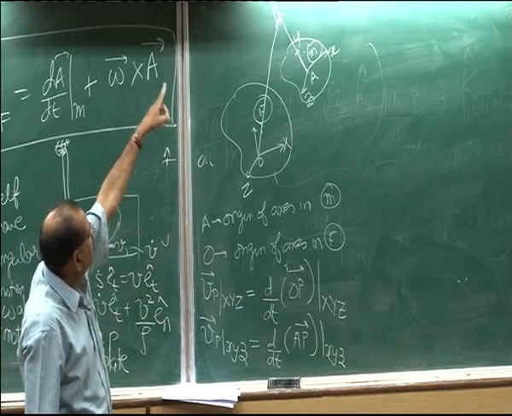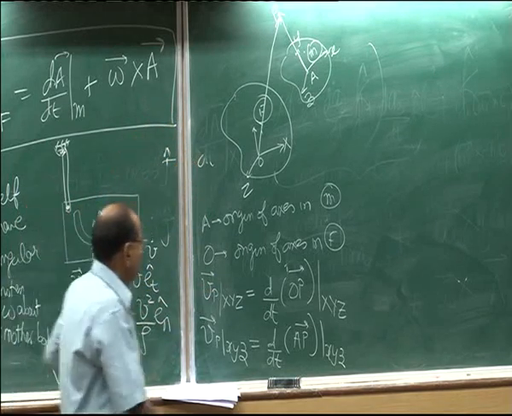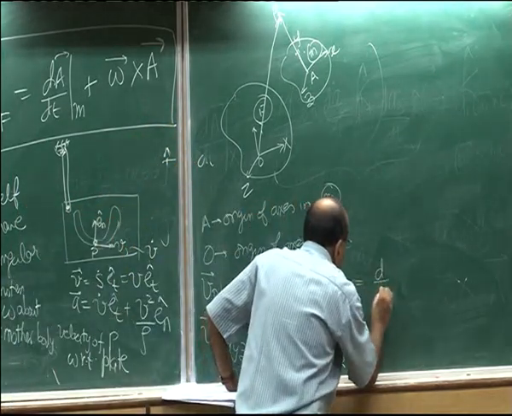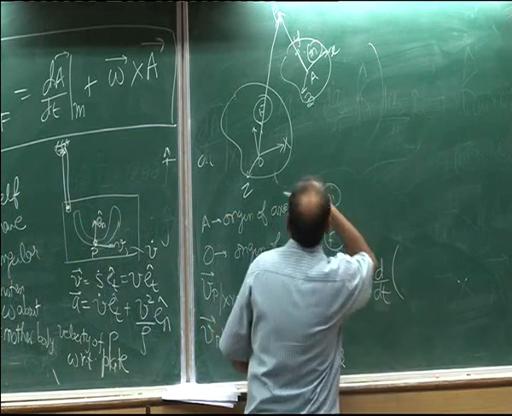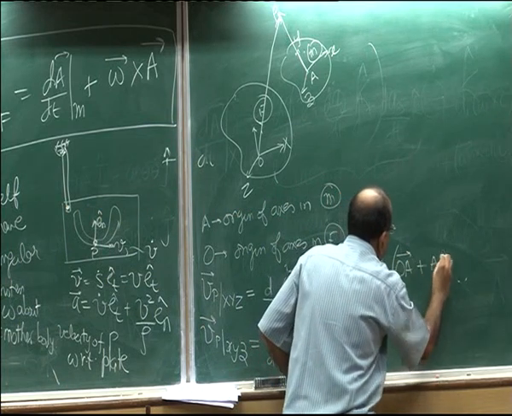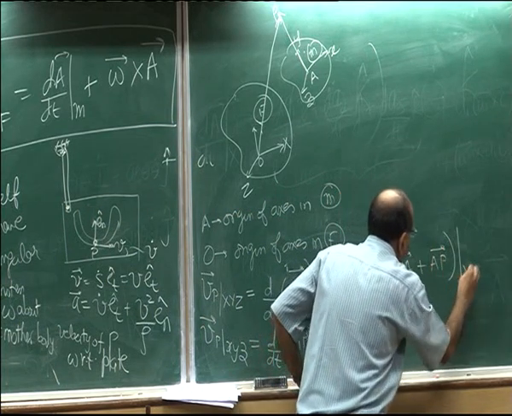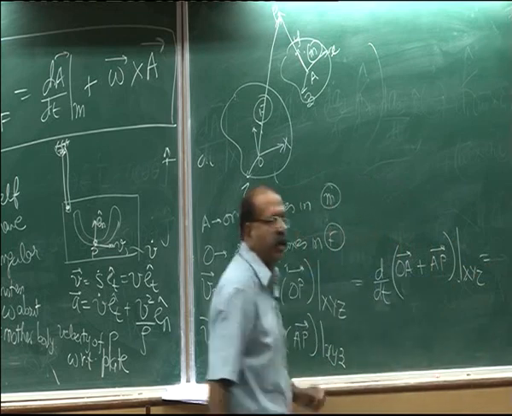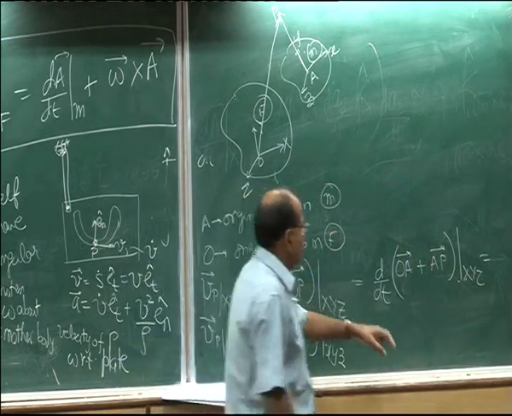Okay, we are measuring P from this frame. So d by dt of OP, I can write it as OA plus AP with respect to capital XYZ, and this will be equal to